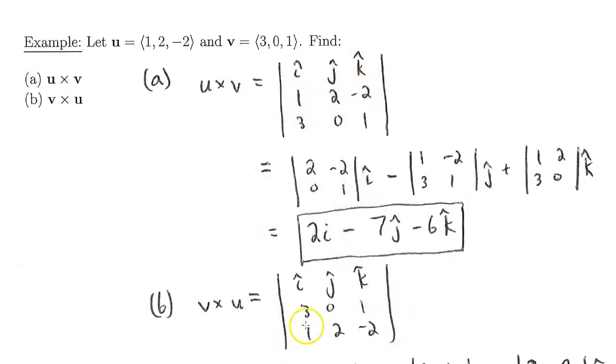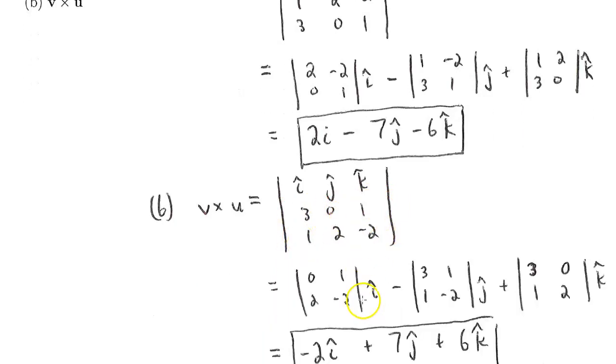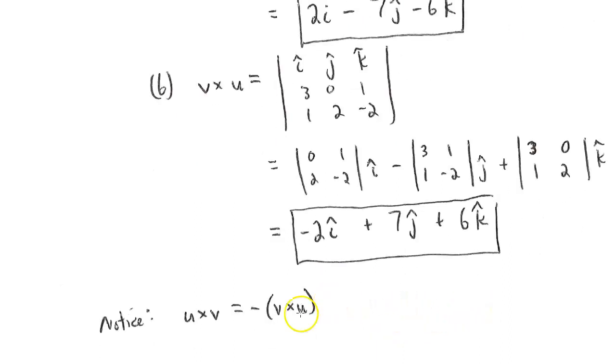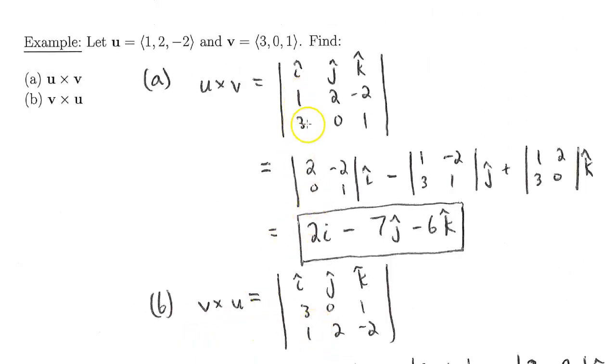So remember what we said, what happens when you flip 2 rows of a matrix, you end up getting the negative of the result. So you can work all this out, but you end up getting the negative of this vector. So you get minus 2i plus 7j plus 6k. Okay, so an important fact here is that U cross V ends up being the negative of V cross U, because ultimately what you're doing is just flipping those 2 rows, and flipping 2 rows of a matrix has the